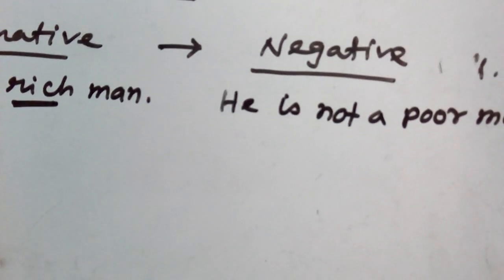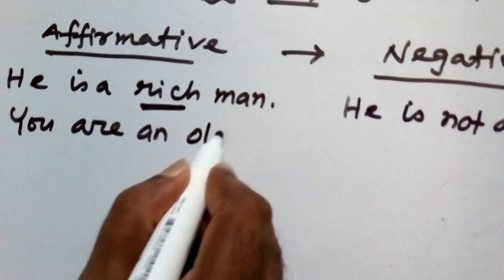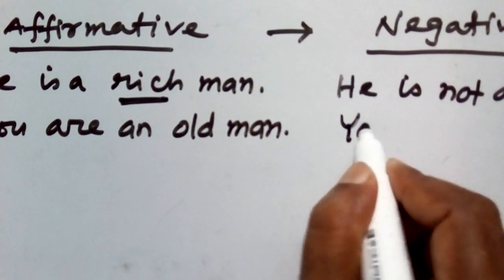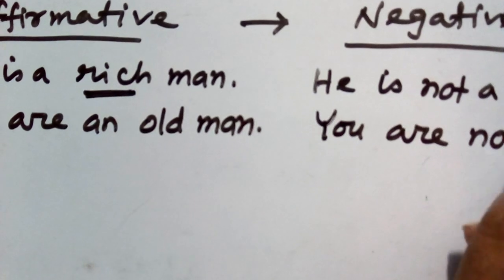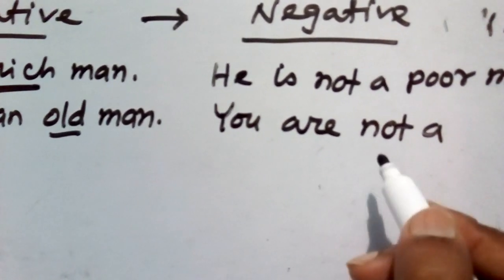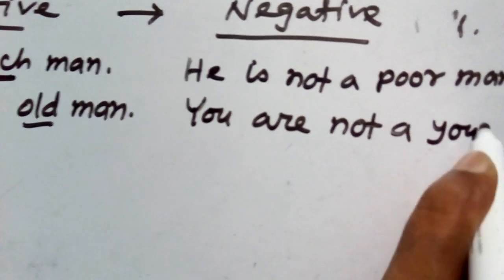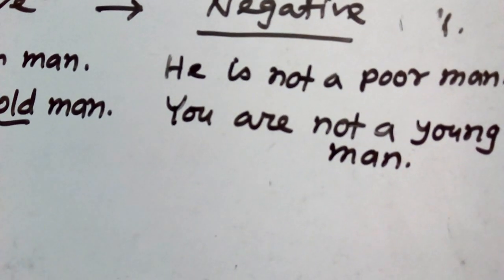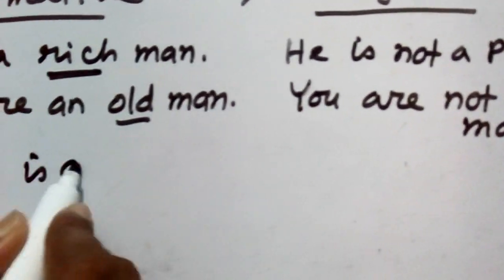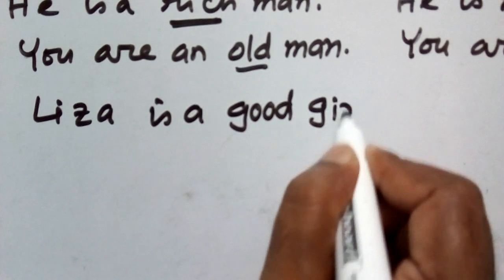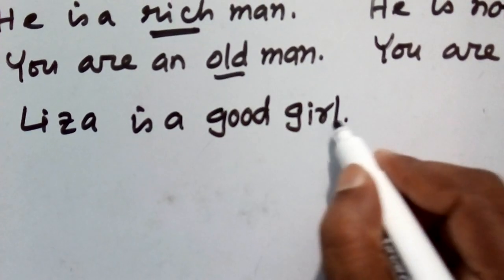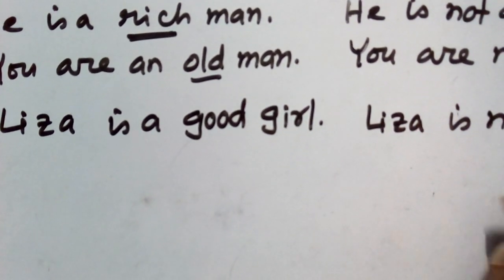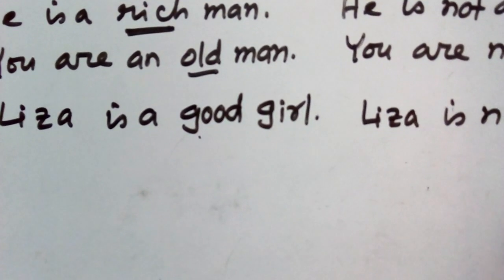And another, you are an old man. So if we want to make that sentence negative without changing meaning, you are not an old, its opposite word, young man. We can make that sentence negative without changing meaning. Number 3, Lisa is a good girl. So it is an affirmative sentence, and if we want to make that sentence negative, we can write Lisa is not a, so good will turn into bad,